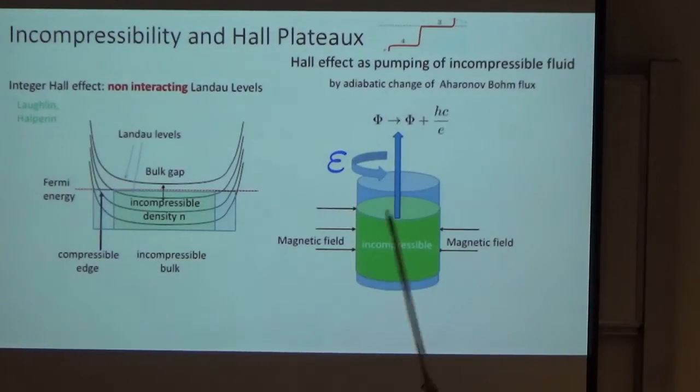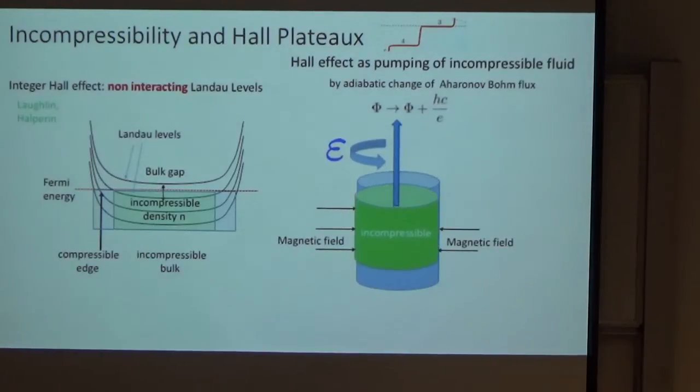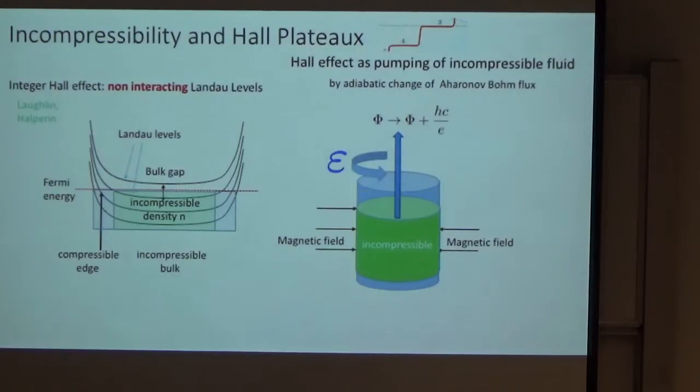Now, what happens is when you put an Aharonov-Bohm flux in the center and you change it as a function of time, you're producing an EMF, according to Lenz's law, Faraday's law, around the circumference. So you have, if you want, a field in the x direction. And now what will happen is because you have a magnetic field and you change the Aharonov-Bohm flux, all this incompressible liquid is pumped upwards. And when it's pumped, and you can see my animation took me a long time to draw, I do it again because I'm so proud of it. Then you get